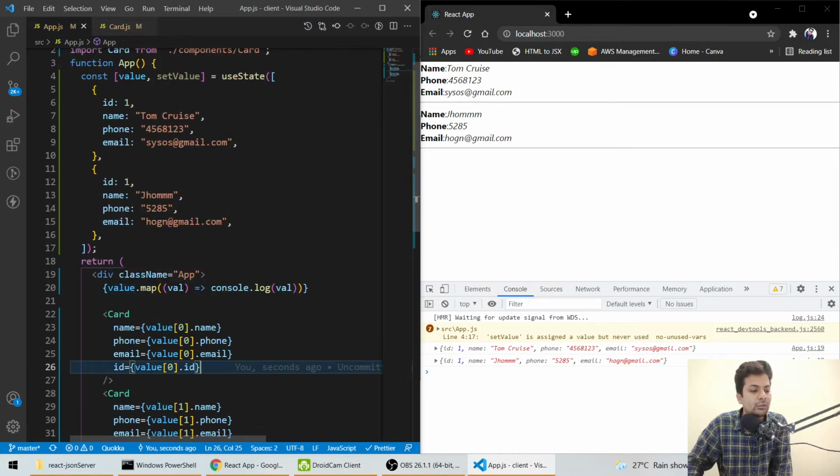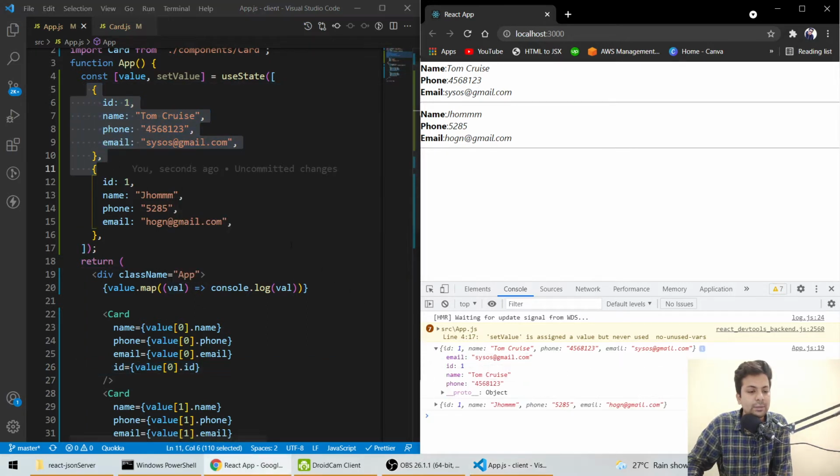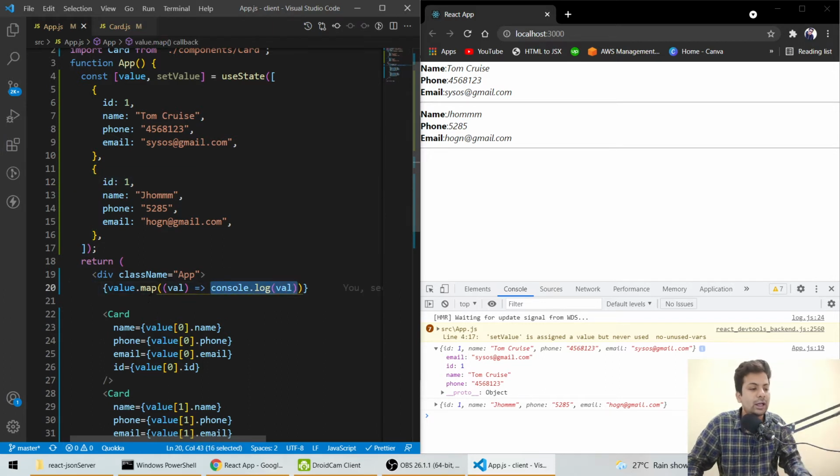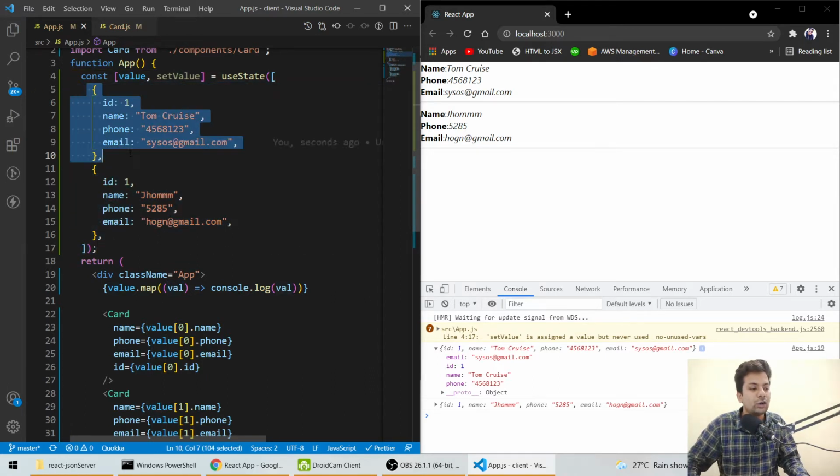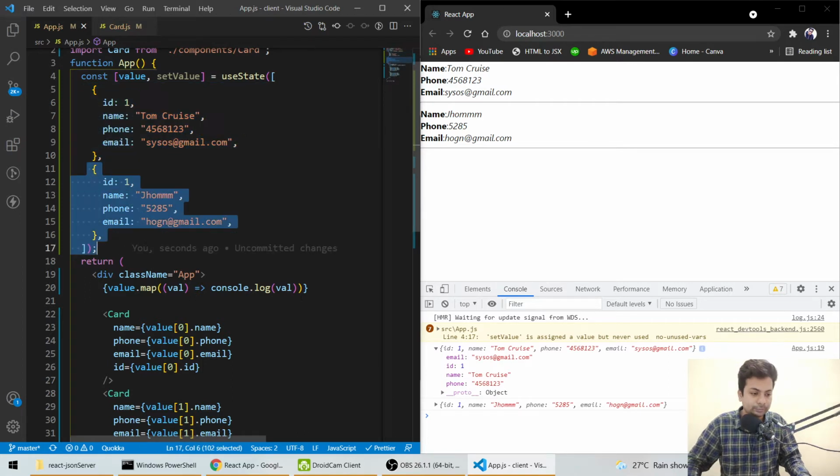It came here, took the first index and printed it. Then again it came here and consoled it. Again it mapped, came here, took the value on the second index and printed it. So it is just going on each and every index.